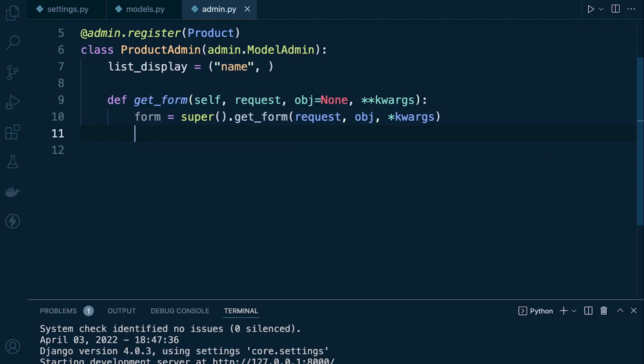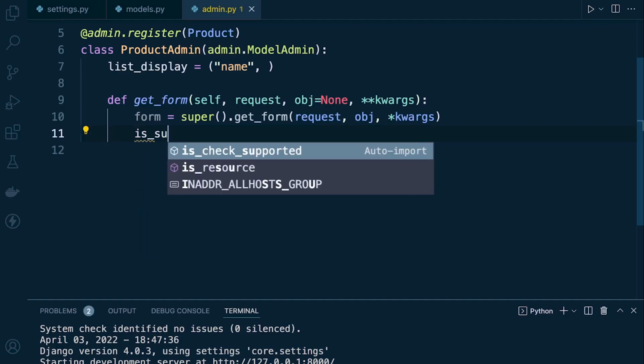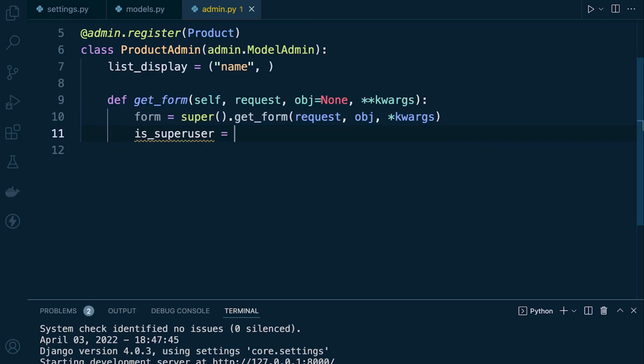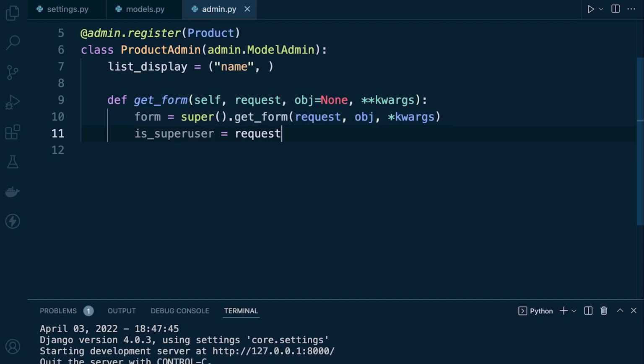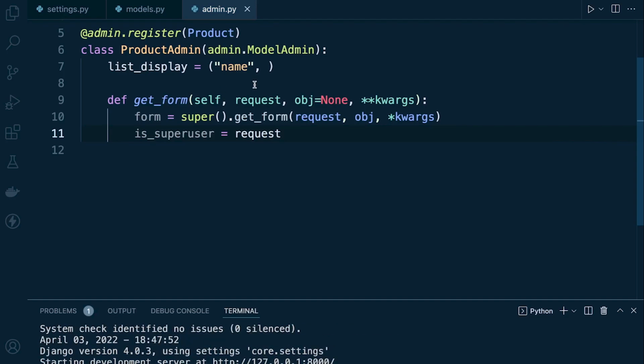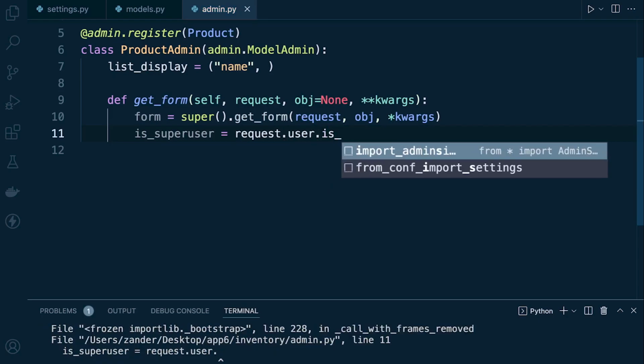Okay, so what we want to do then is to check whether the user is a super user or not. So let's say is super user equals, and from the request we can determine who actually made the request. So the request data essentially is the user making a request to access that resource, that page. So we can grab information from within that, and then we can determine what type of user they are. So we can say request and then access the user, and then we can check to see if they are